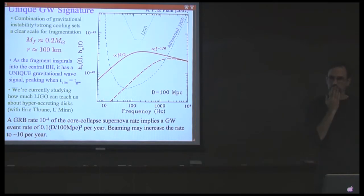And that's because there's only sort of one radius in which you expect this gravitational instability to really happen. Exactly. And smaller or larger radii just won't, for the reasons you explained. Yes. So how long does it take? What's this time scale roughly at 100